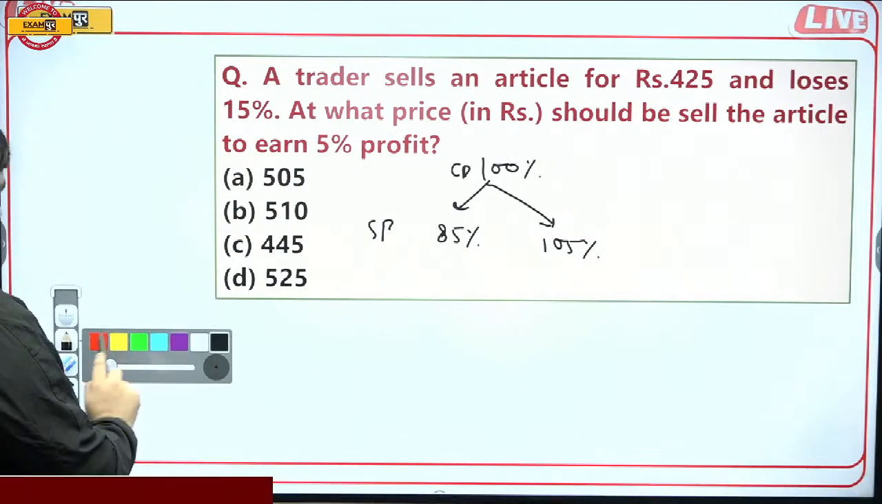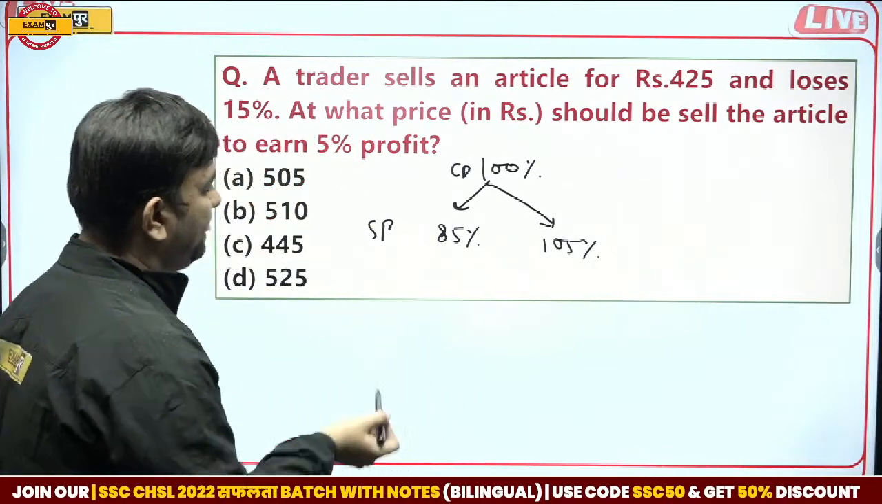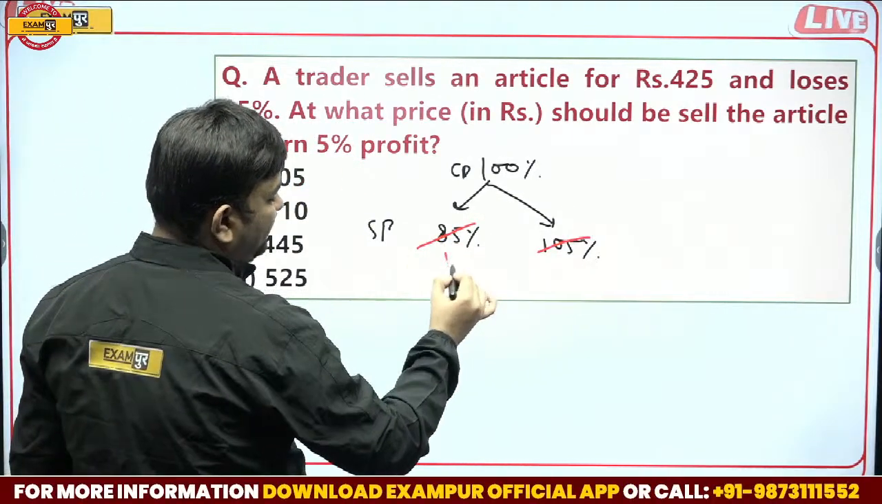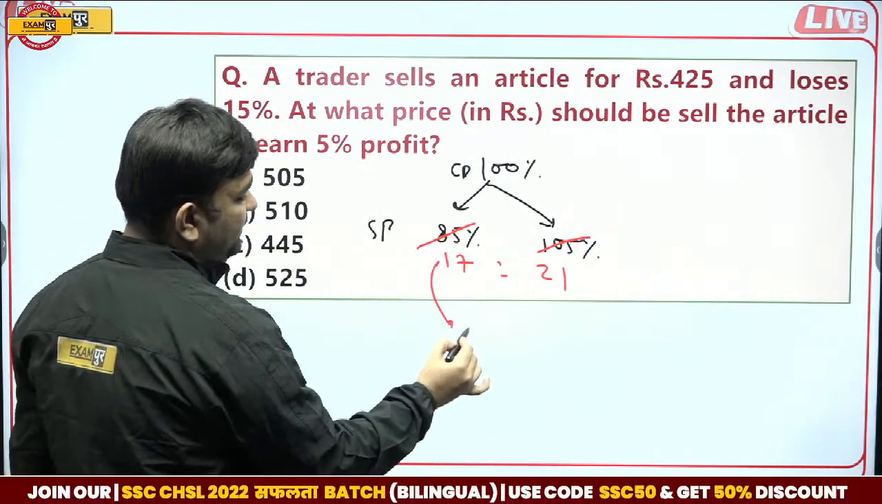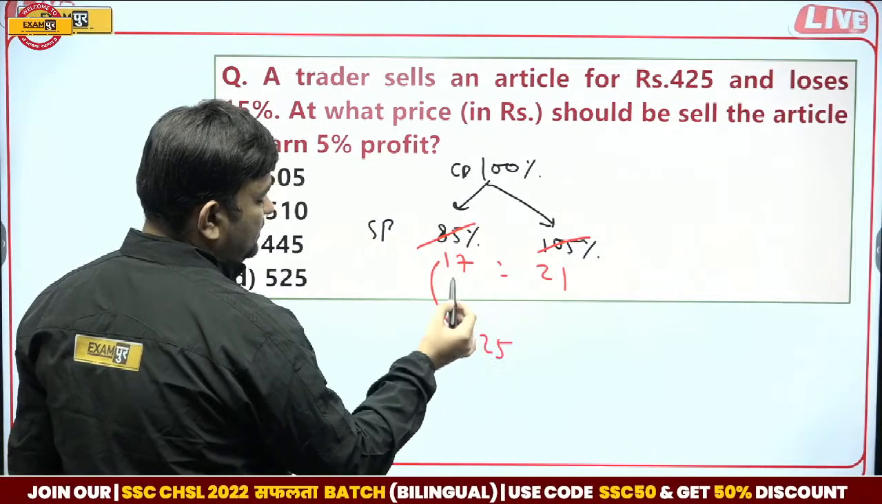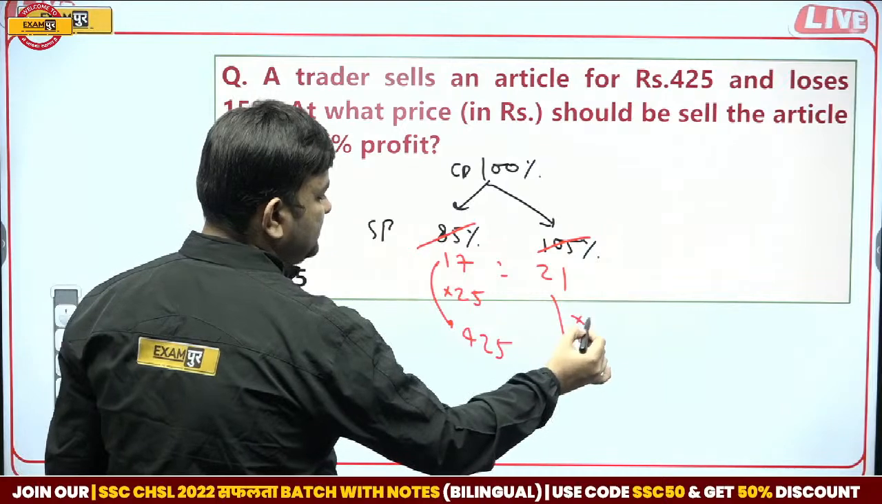First selling price is given, second is being asked. Ratio of 17, ratio 21. 17 is given as 425. 17 2 ja 34. 17 8 ja 85. Second is